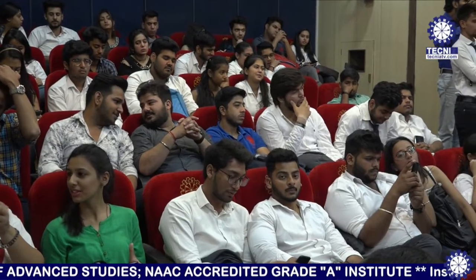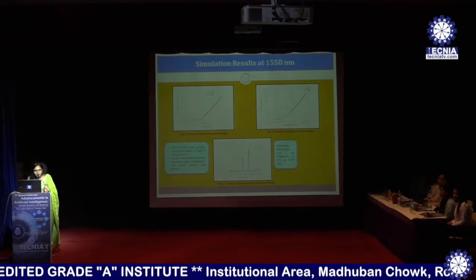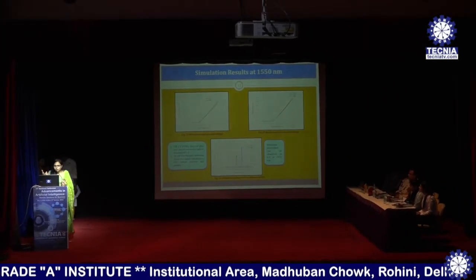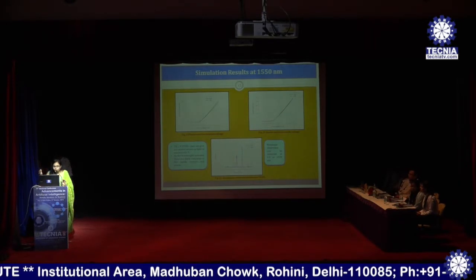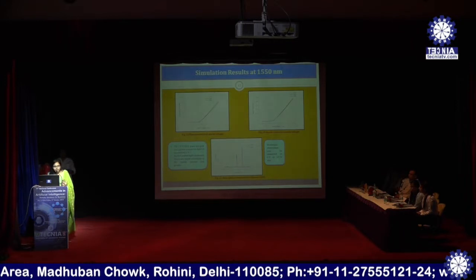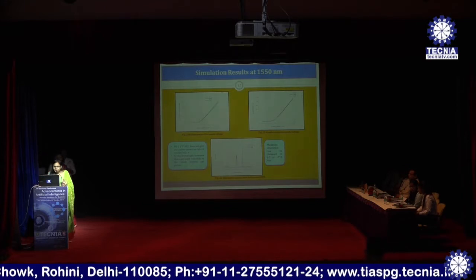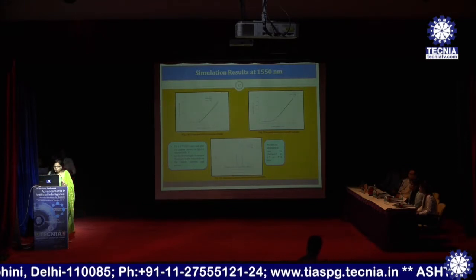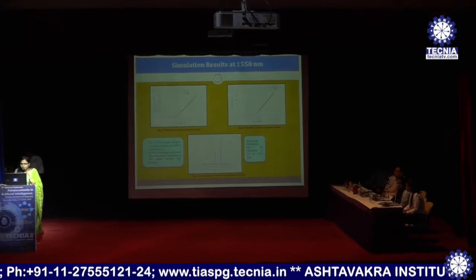The same thing I have operated at 1550 nanometer, 10 volt. That means the voltage that we use in chip to chip communication is very low. As we all know, your charger, your mobile, your laptop is working at maximum 5 volt, 12 volt. So the voltage I have taken is maximum 1 volt. So how will it get charged? Up to 1 volt, no light is emitted. After that, there will be a small increase in the power as well as the anode current.